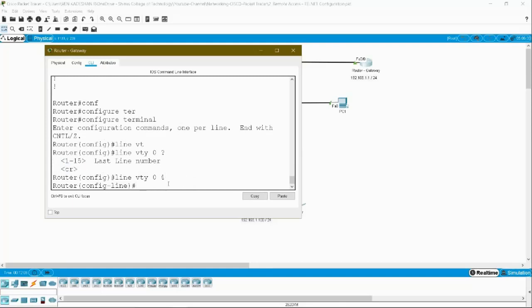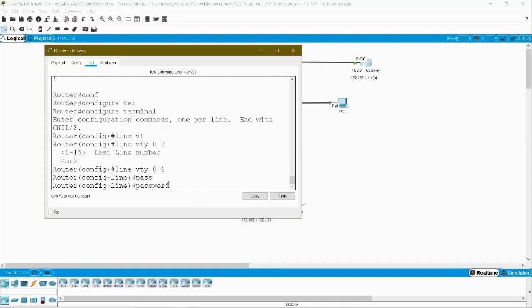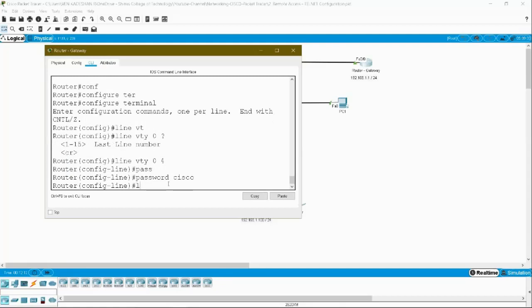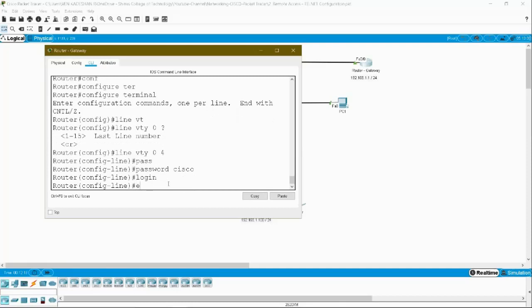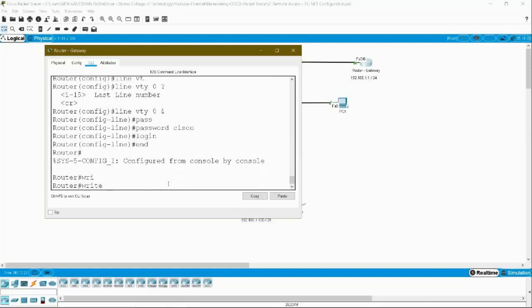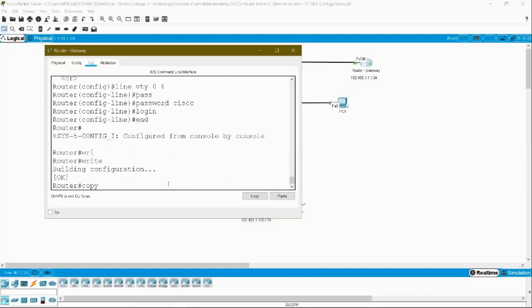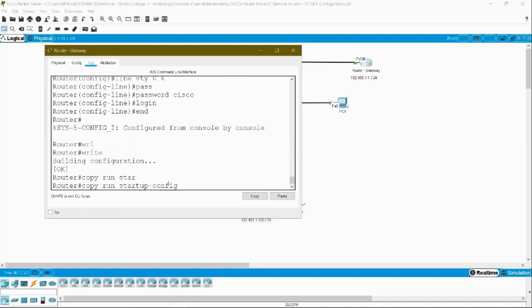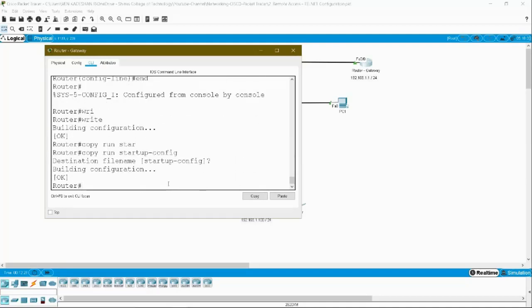So line VTY 0 space 4, and the second step you have to set the password. Here I am setting the password Cisco, and you have to enable login. So here I am giving the command login. That's it. Giving the end command and copying it. I am using the write command, or you can use copy run start configuration.